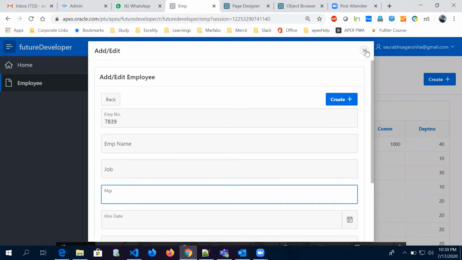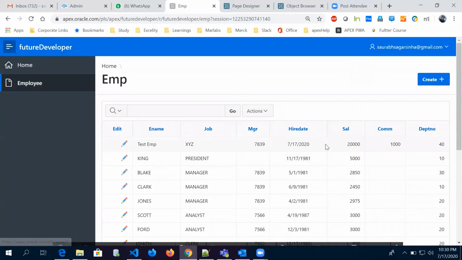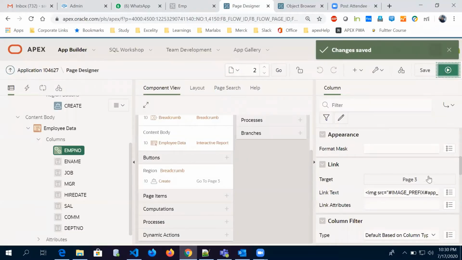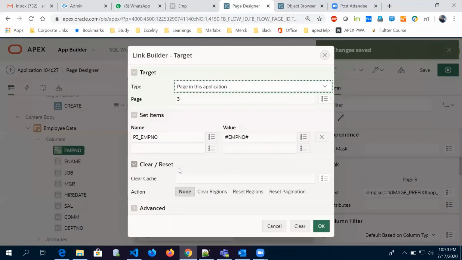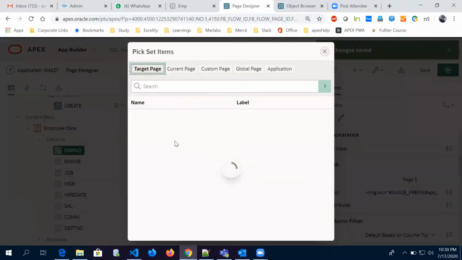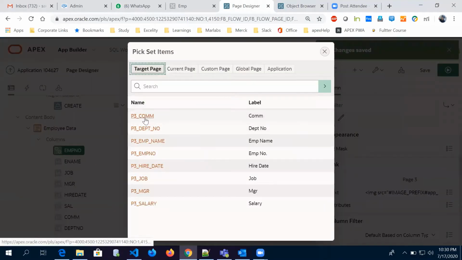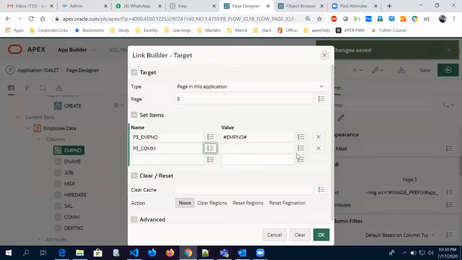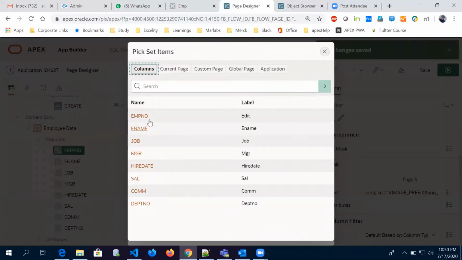Okay. So let me go back to page 2 again. And on this employee number, under this, we'll be selecting all this. But that employee number should not be editable, right? It should not be. Yes. So that will be our next step. So first I'll show all this thing.